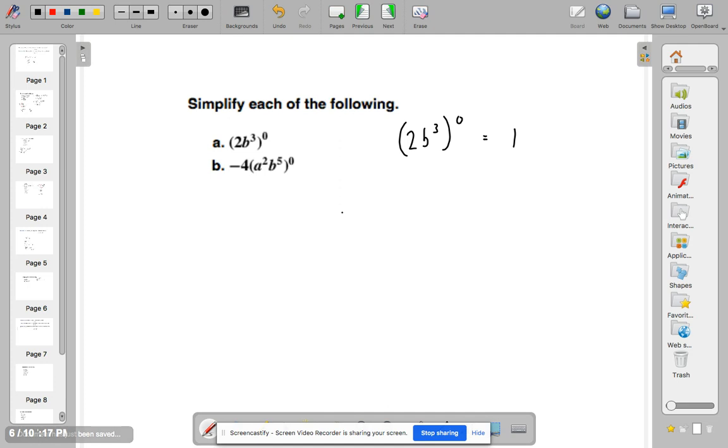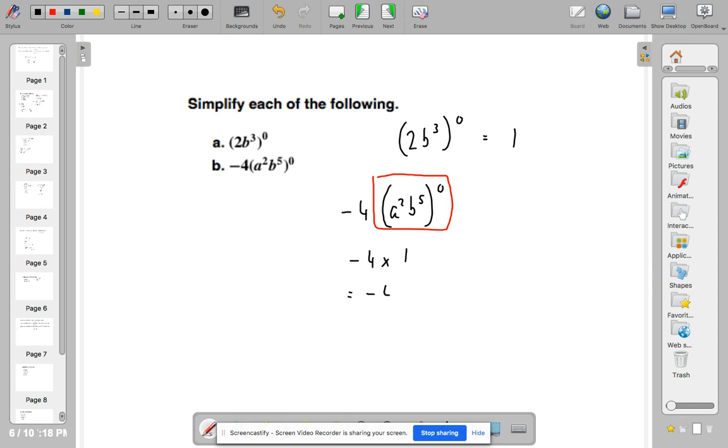Now, with the next one, I might just write this question out. Okay, and I'll just change pen color for a second to red. All right, now this part here, a squared b cubed, b to the power of 5, to the power of 0. Anything in the bracket to the power of 0 is 1. So what I've got that red square around is 1. But that minus 4 is not in that red square. It's separate. So next step, I've got minus 4 times 1